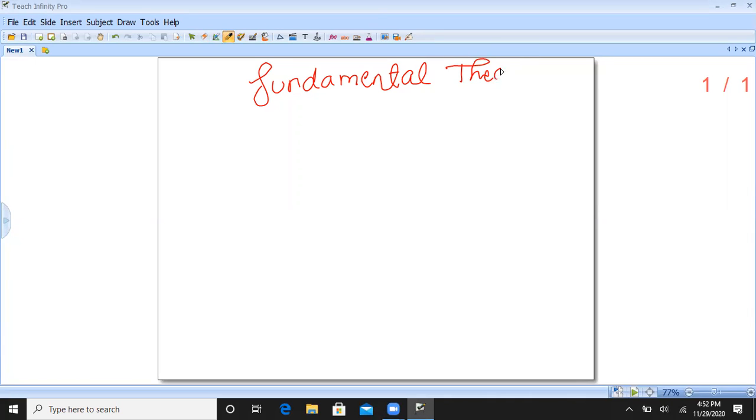Let's get the fundamental theorem of homomorphism. So, what does the statement say for this? The statement: